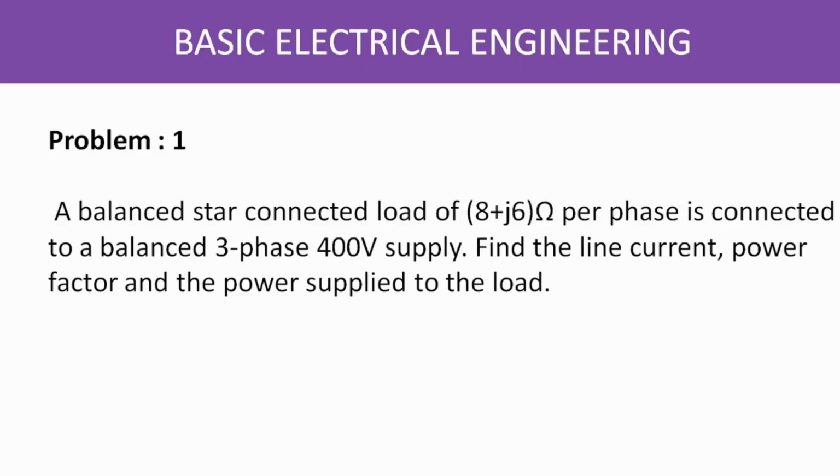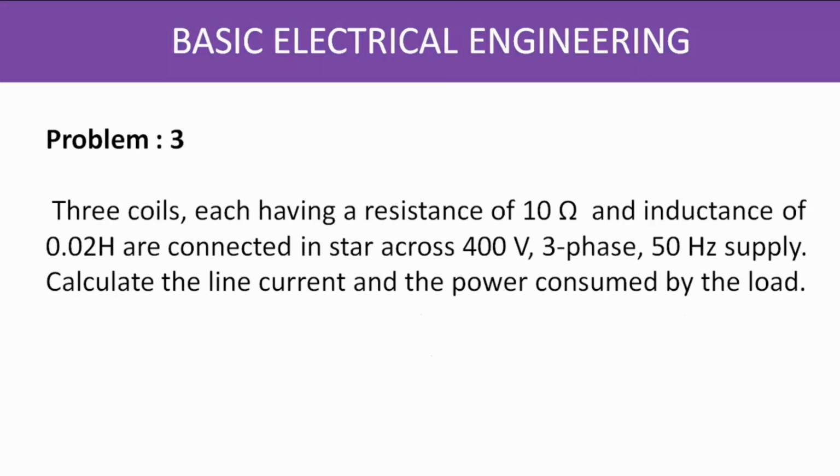The third problem: 3 coils each having a resistance of 10 ohm and inductance of 0.02 Henry are connected in star across 400 volt 3-phase 50 Hz supply. Calculate the line current and the power consumed by the load. The solution is